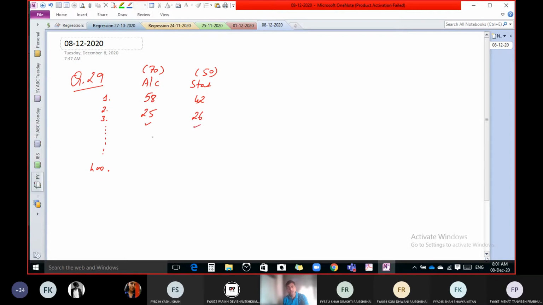Like this, we have information of these 400 students. And now we want to find out the correlation or regression regarding marks in accountancy and statistics. That is the question. We want to find out the relationship. Or there is a question like, for the 401st student, we know the marks in accountancy. Let us say his mark is 62. Now what are the marks in statistics? And there is another student, roll number 402. Let us say marks in statistics are known, 38. What should be the expected marks in accountancy?